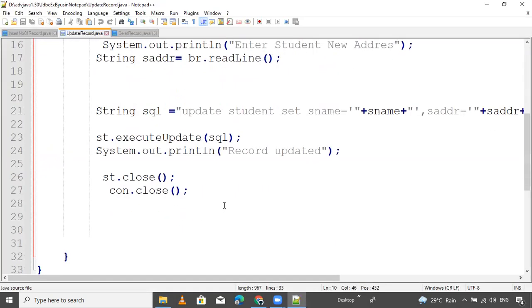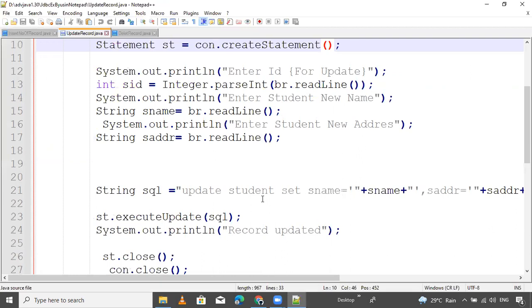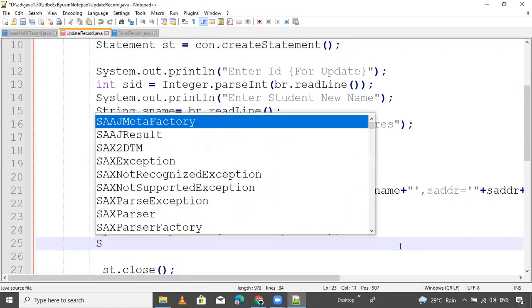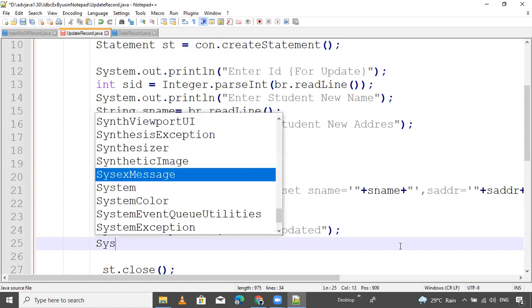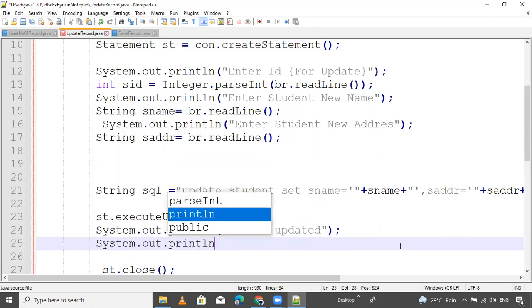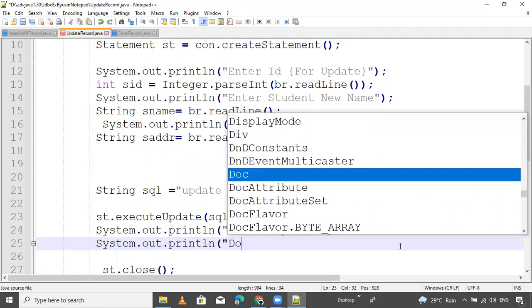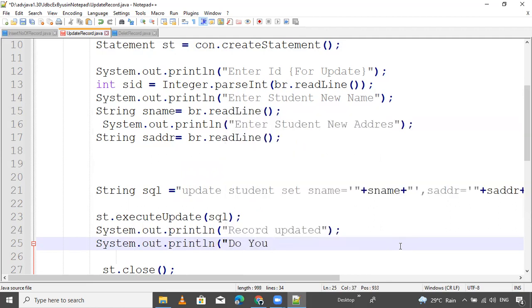Now open this update method. Simple here. Use one while loop and ask the user, do you want to update one more record after updating the record? So simple here, using System.out.println, do you want to update one more record?